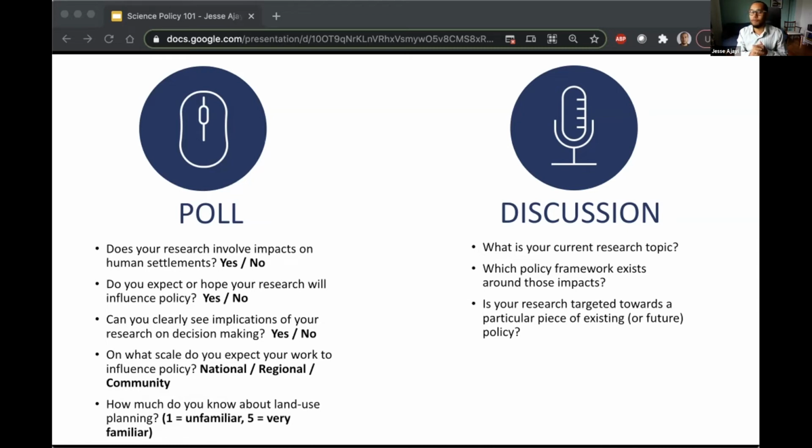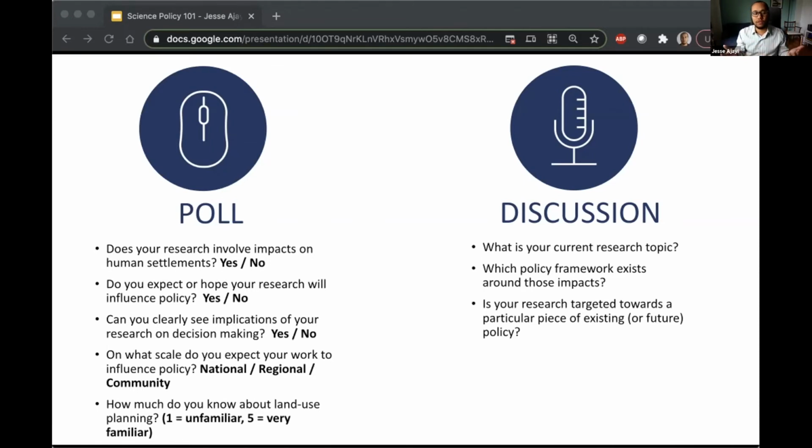The thesis of my discussion is going to be that if it's really clear in your mind what the avenues are for your research to influence decision making and influence what happens on the ground and via policy, then it might be easier for you to position your research in a way that it can be better taken up in the way that you hope it will be. That's coming from the perspective of a policy maker, somebody who makes policy in response to what's out there.